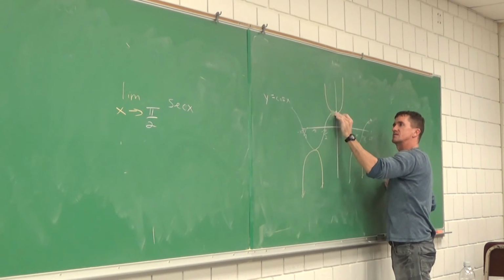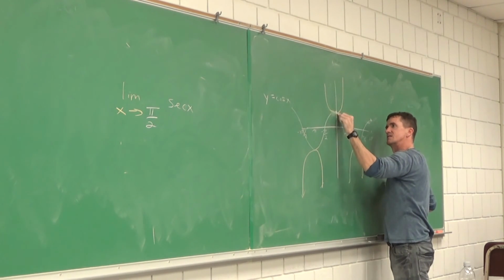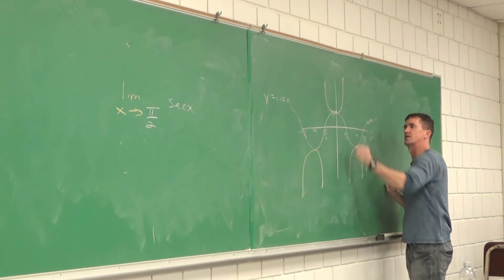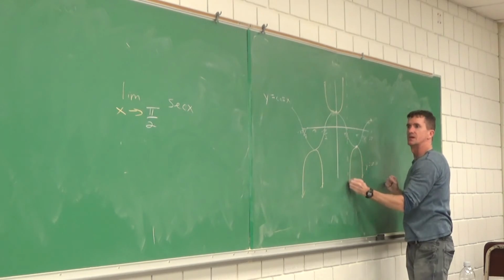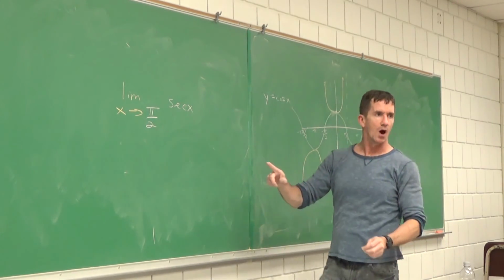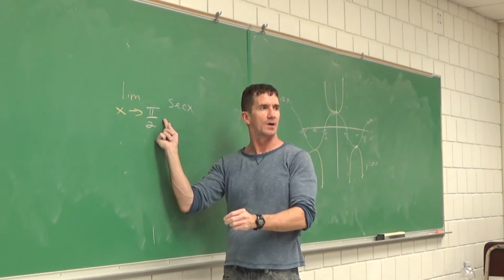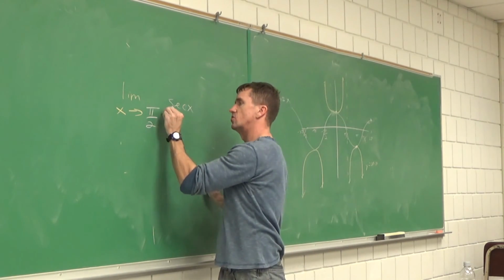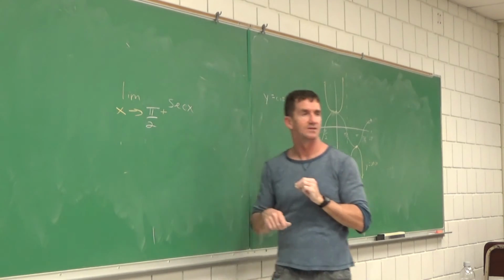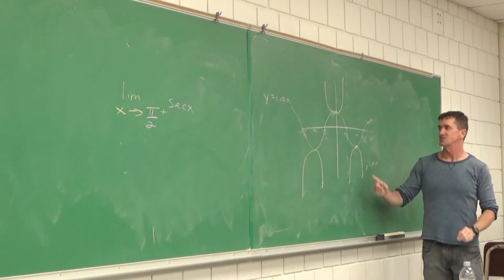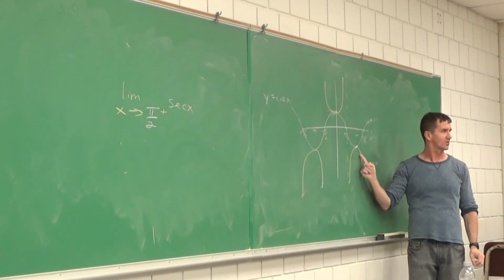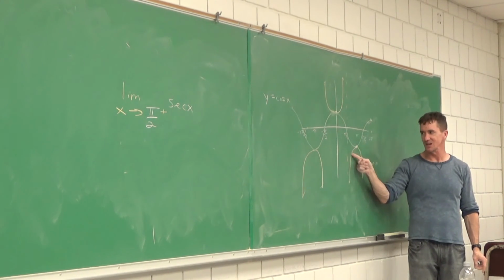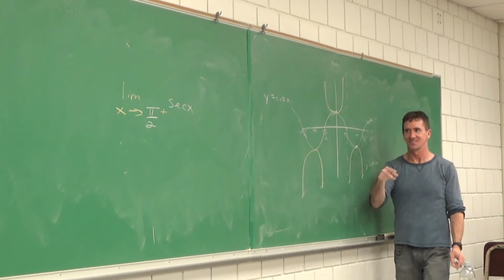Whoa, I don't want to go close. This thing goes right there, a tangent between them. There you go. So, everyone, what's the limit as x approaches pi over 2? Oh, and let me add something to this if you don't mind. How about from the right side? As you approach, look at the yellow chalk, get on this curve. As you approach pi over 2 from the right, where is it going? Good job.